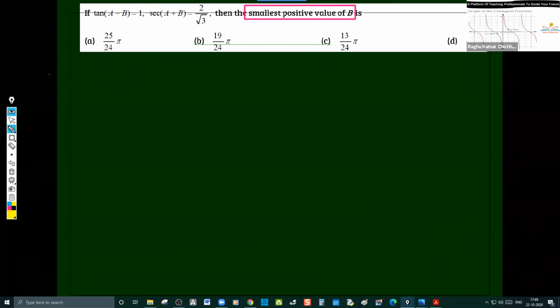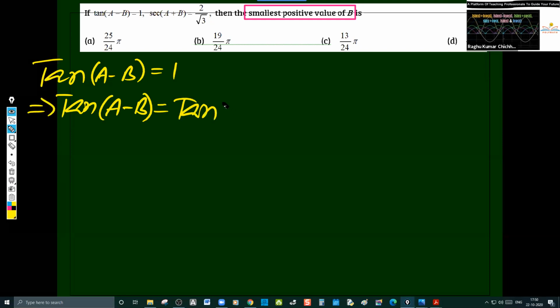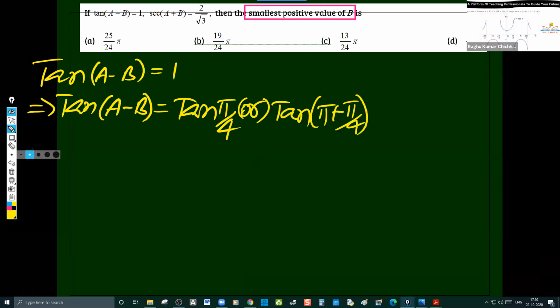Tan of A minus B is given to be what? 1. Now, I can write tan of A minus B is equal to tan pi by 4. What is tan pi by 4? 1, no? Tan 45. Or you can write tan of pi plus pi by 4. Correct now? Implies,